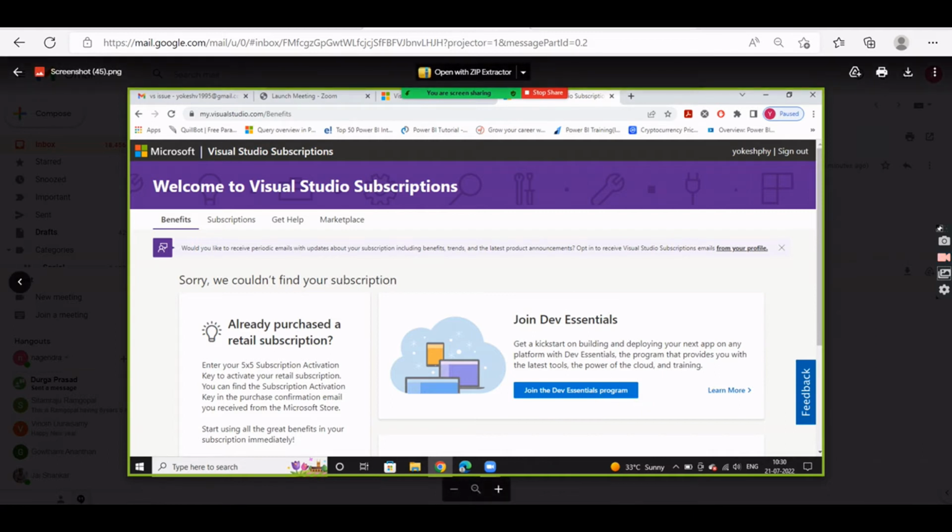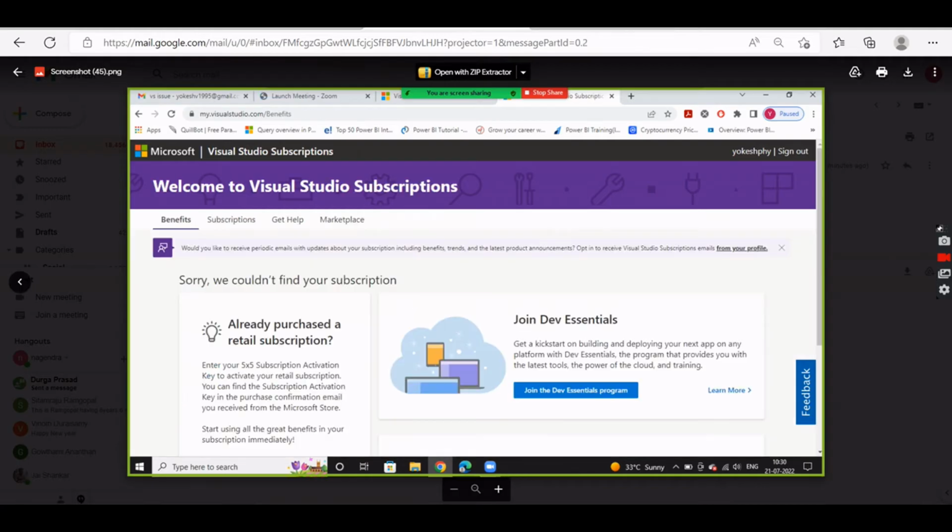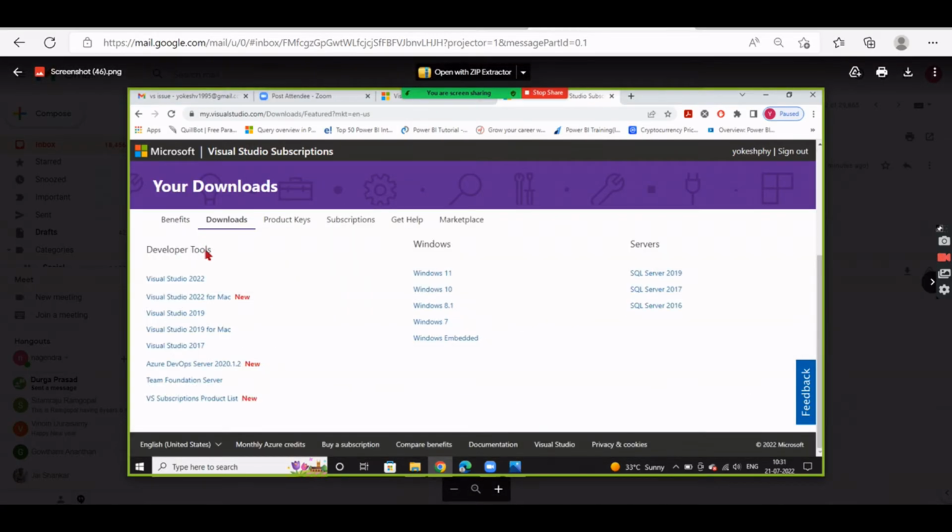Once you click on that, you give some acceptance, whatever it says, and only then will you get this downloads menu. If you see in the previous menu, you do not have a downloads menu, and then you will start getting this download menu. Once you click on downloads, you go down towards the bottom of the screen, then you need to click on Visual Studio 2019. Once you click on it,